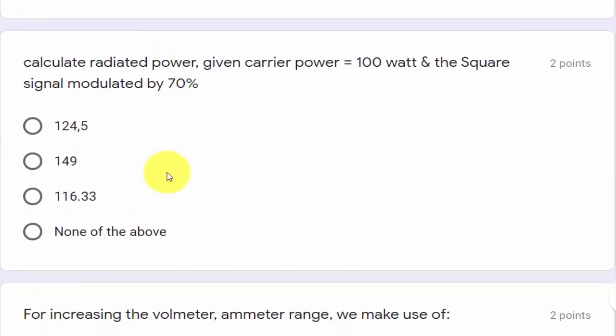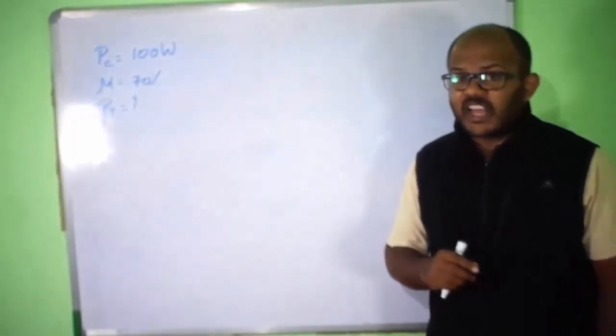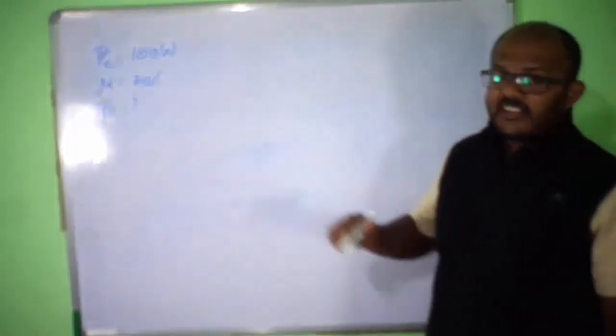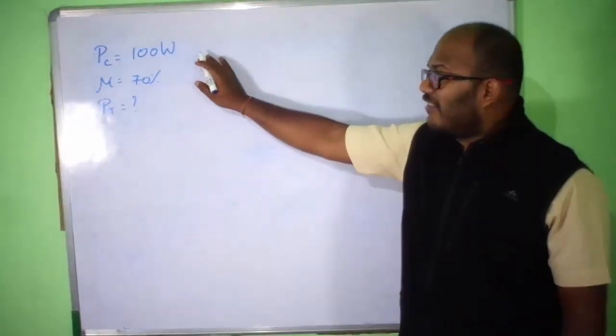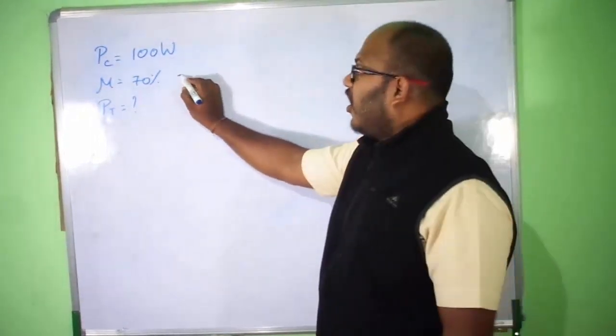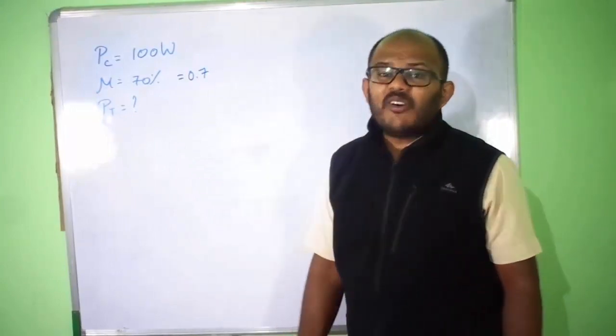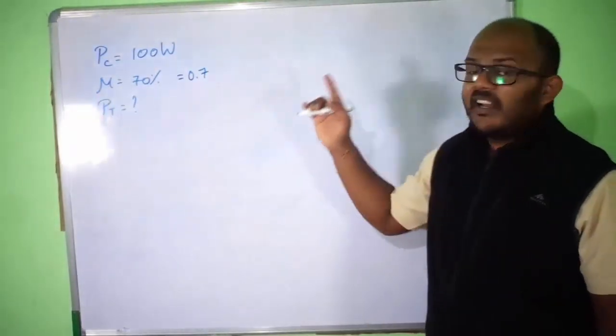Next question, calculate the radiated power given carrier power PC equals to 100 watts and the square signal modulated by 70%. This problem is based on amplitude modulation. What they have given is the carrier power which is equals to 100 watt and the modulation index which is equals to 70%, or I can write it as 0.7. Now what they are asking is, we have to calculate the total power, but the carrier